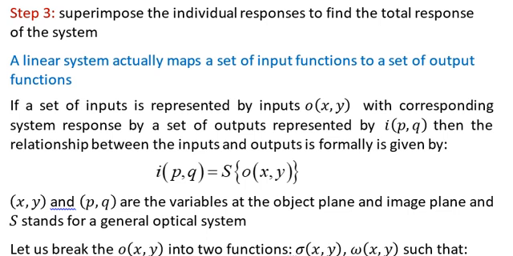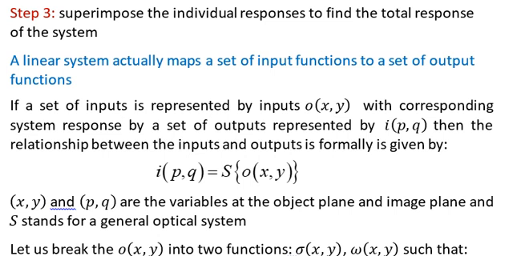A linear system actually maps a set of input functions to a set of output functions. So this is the definition of our linear system. In another way, if a system of inputs is represented by inputs O at x,y with the corresponding system responses represented by a set of outputs I at p,q, where p and q are the image coordinates and x, y are the object coordinates, then I represents one of the image outputs at the image plane. Then the relationship between the inputs and the outputs is formally given by